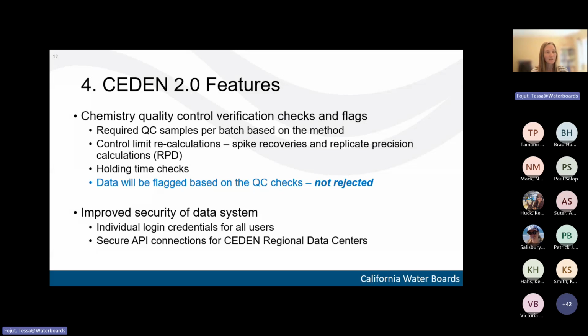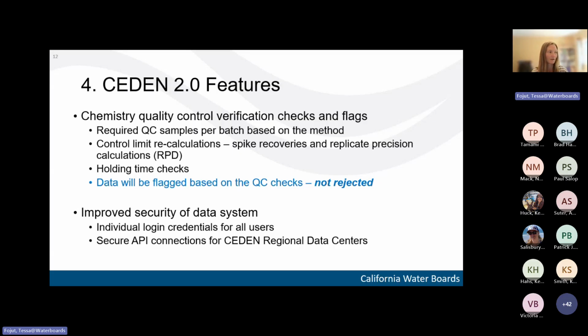And it's going to be recalculating control limits, so your spike recoveries and RPD calculations. It's actually going to check and make sure that the calculations you submitted are correct. And then it's also checking holding times based on the method.